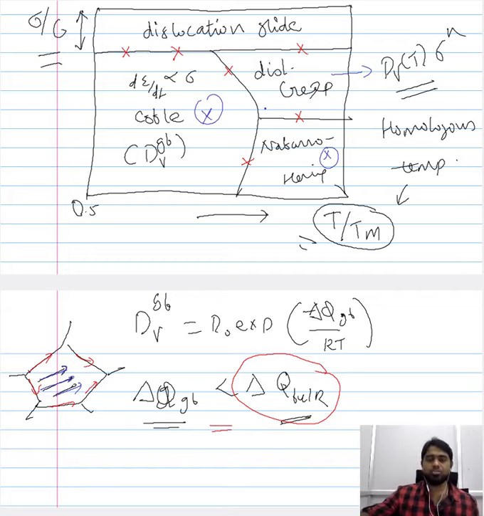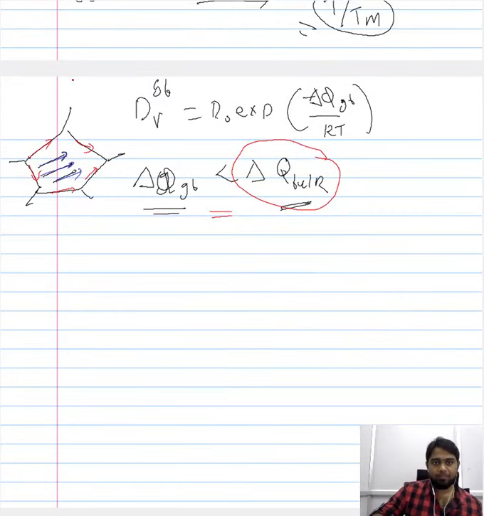Supposing you have a point which lies on the line, then how would one calculate the resulting creep rate of the material? The way to do that is something that we have already seen. If you have a point along this line, say point A, we want to calculate the creep rate at this point A, which lies on this line that separates Coble creep from the dislocation creep. So A lies on the line that separates dislocation creep and Coble creep.